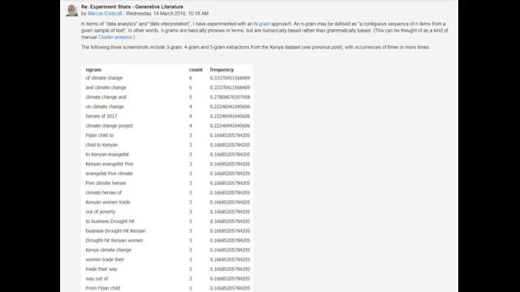An n-gram may be defined as a contiguous sequence of n items from a given sample of text. In other words, n-grams are basically phrases or terms, but are numerically based rather than grammatically based. This can be thought of as a kind of manual cluster analysis. The following three screenshots include 3-gram, 4-gram, and 5-gram extractions from the Kenya dataset, see previous post, with occurrences of